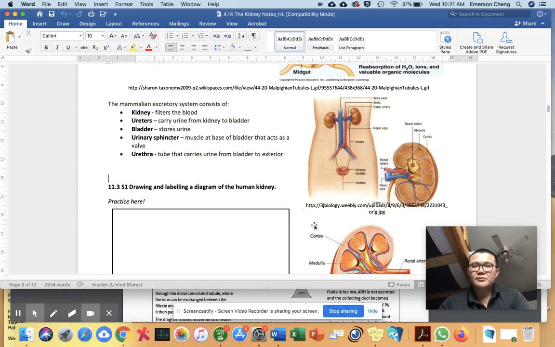Now, this part we've done before, and just a reminder, here are the kidneys, here are the ureters that direct the urine into the bladder. Now, you have two sets of blood vessels. You have the aorta, you have the vena cava. Now, aorta, by the way,